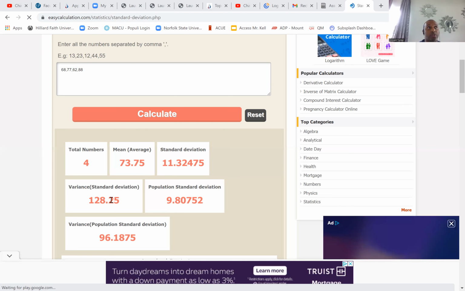And whatever you're dealing with as far as MyMathLab is concerned, we'll let you know. Just like for this example, it doesn't say it, but if you only have 4 values, 68, 62, 77, 88, then more than likely that's the sample, not the population. But your app or website or calculator should be able to distinguish between the two and calculate that for you.